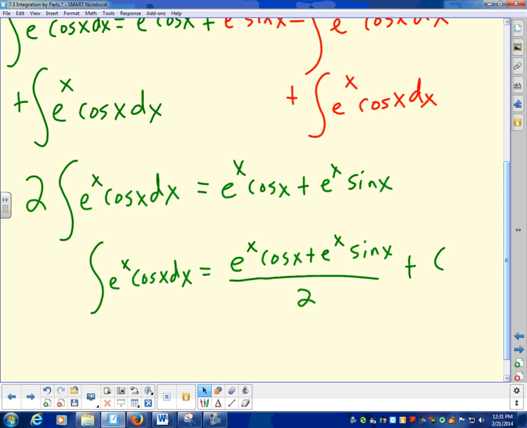But I didn't want to put in a C here because I'm going to divide C by 2 and then I have to look at C. That's confusing. Linda added a C on the